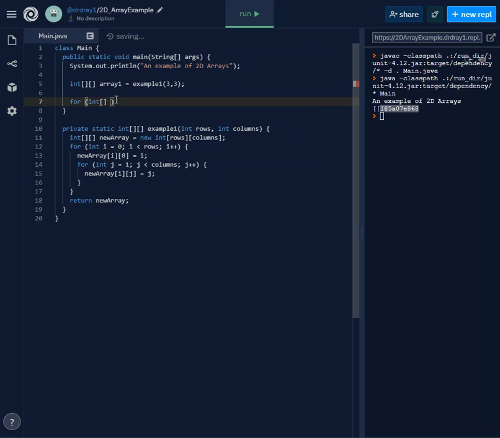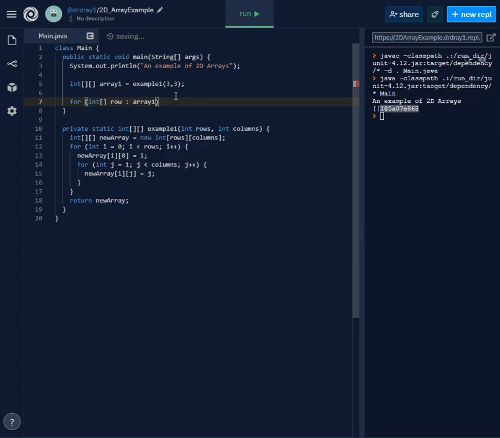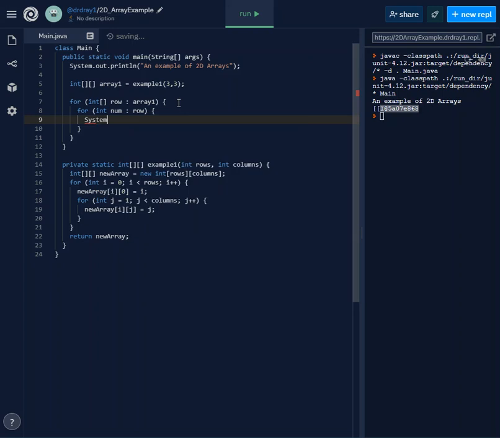So here I'm just going to get a row from my 2D array. I'm just going to call this one, well, we could call it row here actually. And then my array's name is array1. So cool, there we go. Now I need to go through each column and print that out. So for int, we're just going to call it num, inside of my row that I'm currently on, then I'm going to do my, the casual